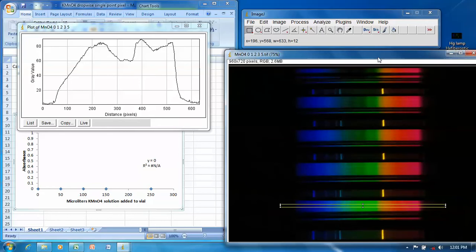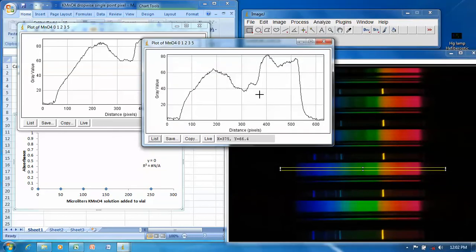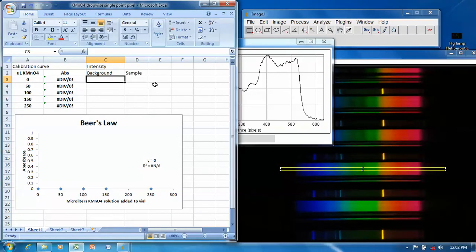Now I'm going to move the rectangle up. We're going to try to find out where we should do the analysis, what pixel we should choose. So here we're going to analyze and do a plot profile. We can see we've got an absorption band somewhere in the vicinity of 300 pixels. So let's just pick 300 pixels. Why not? And at 300 pixels we have an intensity of 40.2 for our first solution, and at 300 pixels we have an intensity of 66.4 for our blank. So we're going to go here, we're going to put in 66.4,